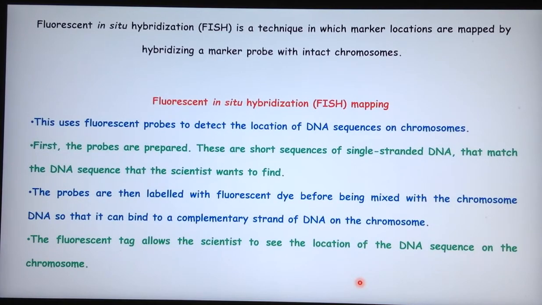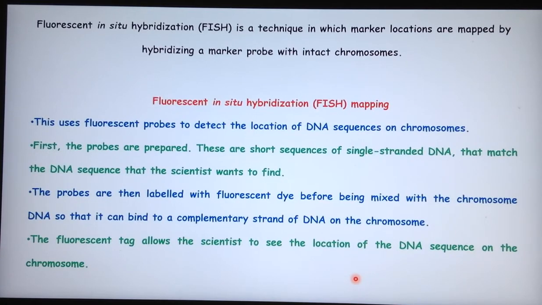We have green fluorophores like FITC, that is fluorescein isothiocyanate, and we have fluorescein. Then we have red fluorophores. In red fluorophores we have CY3, that is indocarbocyanine. We have TRITC, that is tetramethylrhodamine isothiocyanate. We have rhodamine, we have Texas red, and we have CY5, that is indodicarbocyanine. So these are some of the fluorophores which are commonly used for the labeling of nucleic acids or other biomolecules for detection purposes.